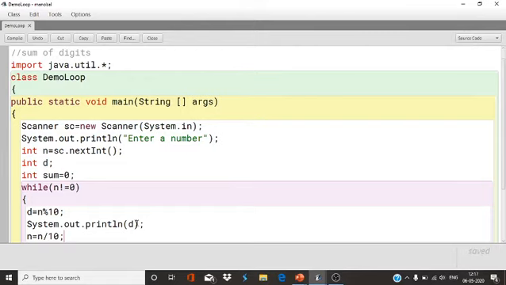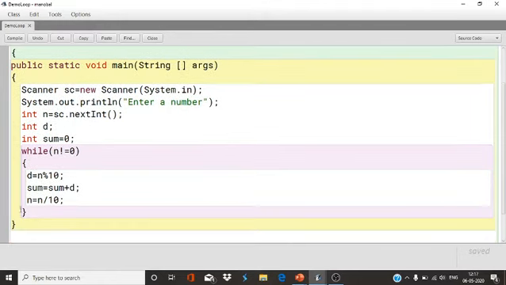Now d I have already calculated here, and we got this d, which is the digit only, so that digit I will store in sum. Now you can see, suppose we take an example, the value of n is 123.